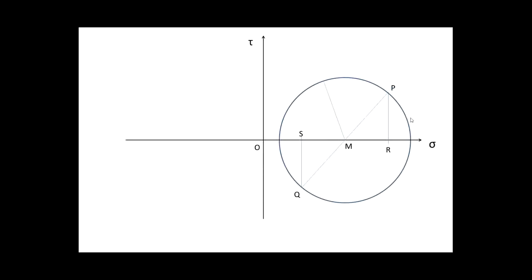Then next, you have to mark a line. First question: in the counterclockwise direction at 30 degrees, you have to calculate the normal, shear and resultant stresses. So just mark from P to M. You have to mark the angle, let us say that angle is like this. That angle is 2 theta. So from P to M, this is the location.